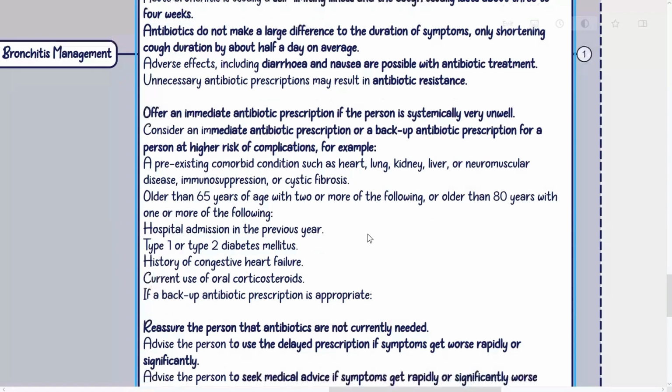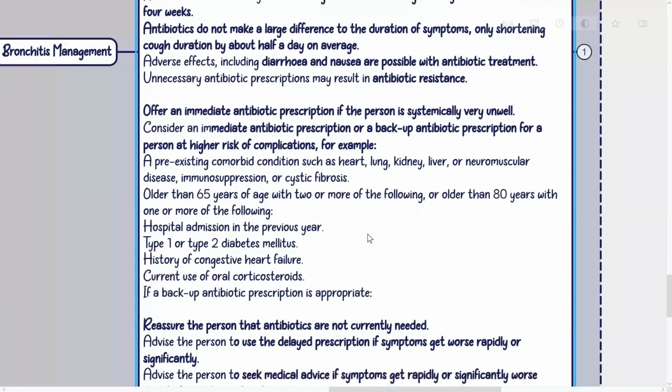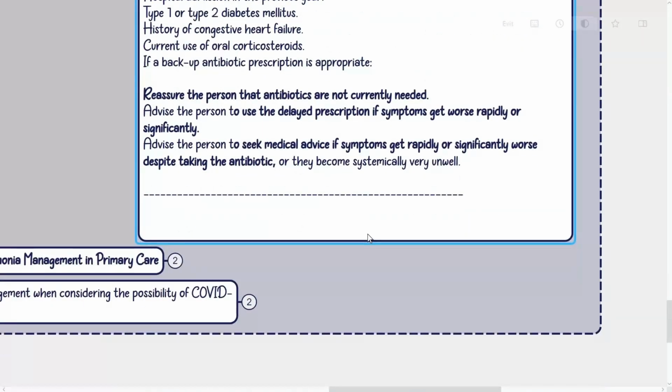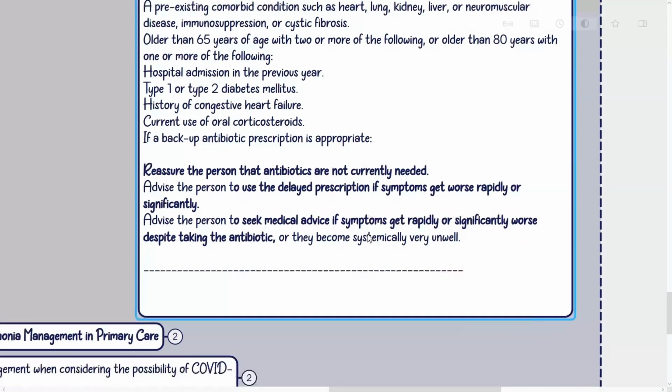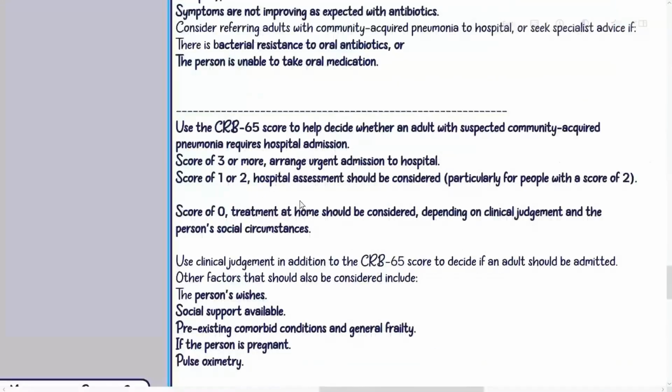Hospital admission in the previous year. Type 1 or type 2 diabetes mellitus. History of congestive heart failure. Current use of oral corticosteroids. If a backup antibiotic prescription is appropriate, reassure the person that antibiotics are not currently needed. Advise the person to use the delayed prescription if symptoms get worse rapidly or significantly. Advise the person to seek medical advice if symptoms get rapidly or significantly worse despite taking